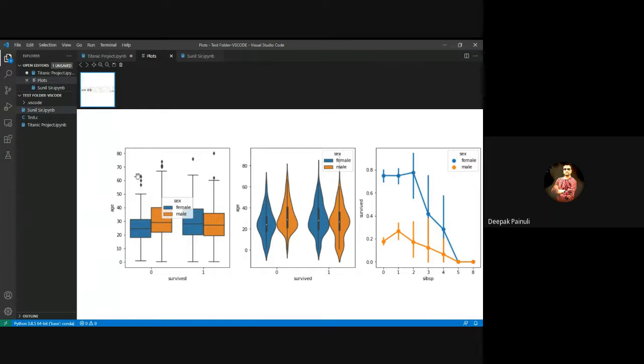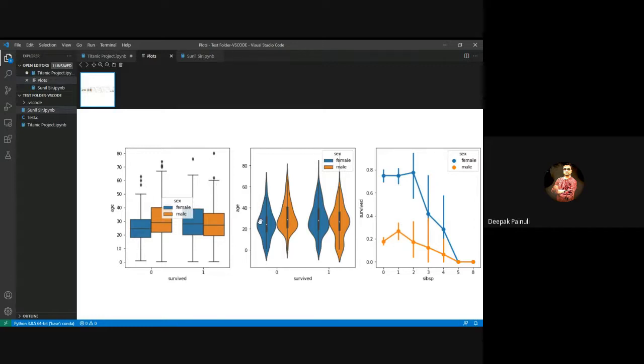Now here are some dots outside the line. These represent outliers in the data. For example, if you have an age feature and most of the ages are between 0 and 100, and some of the ages are 200 or 250, those will be recognized as outliers. So mostly these two plots are used for finding outliers in the data set.